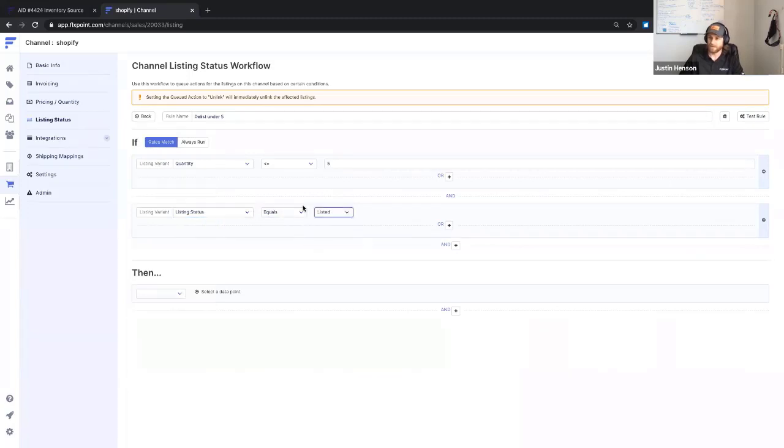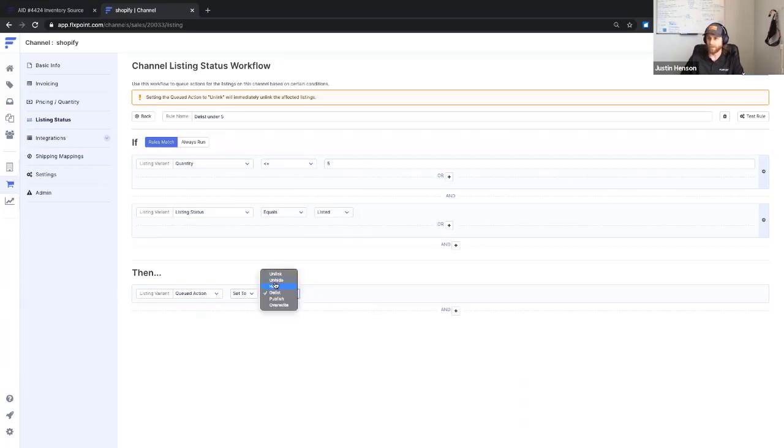So if the listing variant's listed on your channel, and then we see the quantity go below 5, then we want to queue action delist. And what this will do, when we get an update from your sources and we see a total quantity for this variant go below 5, and it's already listed and published on your channel, we are going to delist the